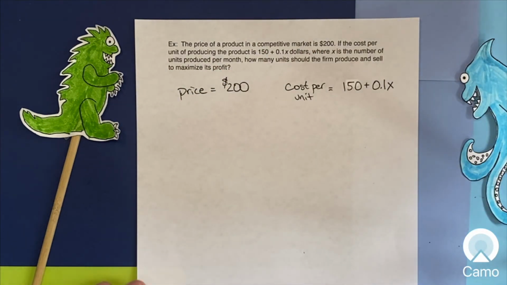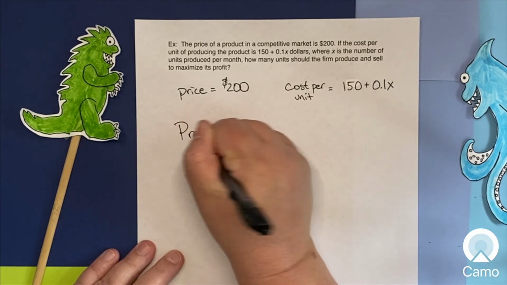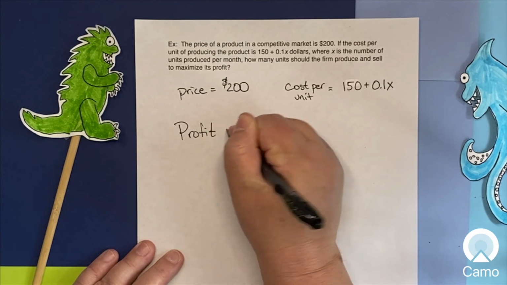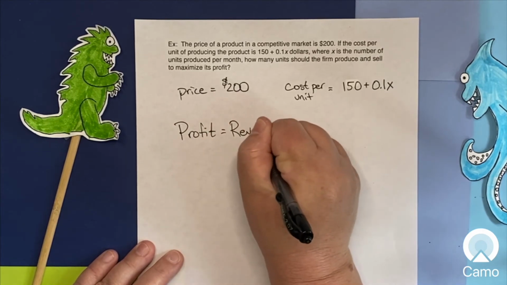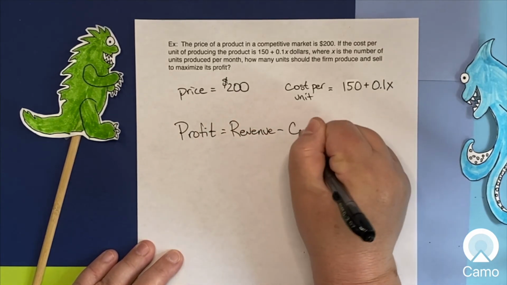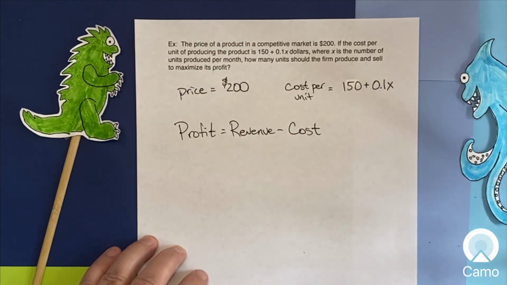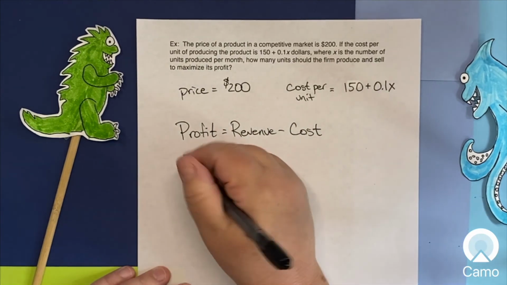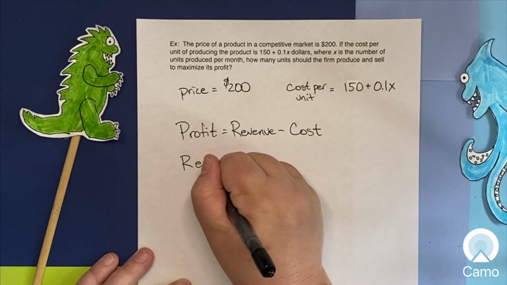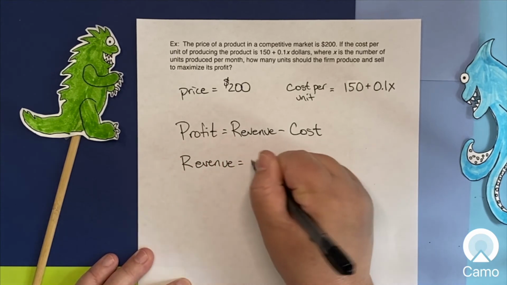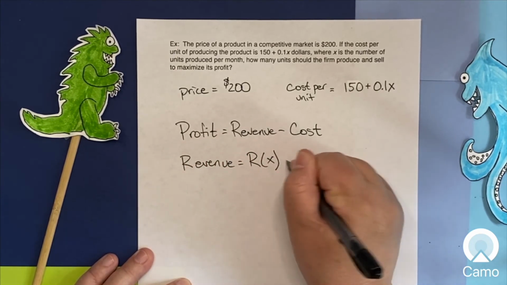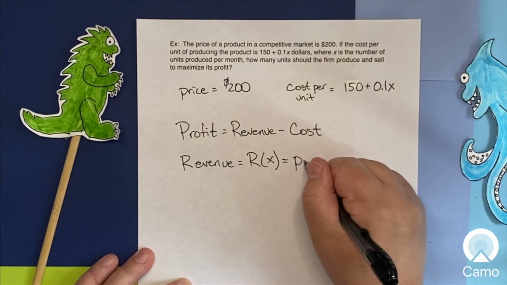Specifically, that profit equals revenue minus cost. Okay, so we're going to need to find revenue. Remember what revenue is? I know, it's like, oh, really? We still have to know that? The answer is yeah. But this is a good review for the final, if nothing else. Remember, it's price times output, which is 200x. So far, so good. Now, cost